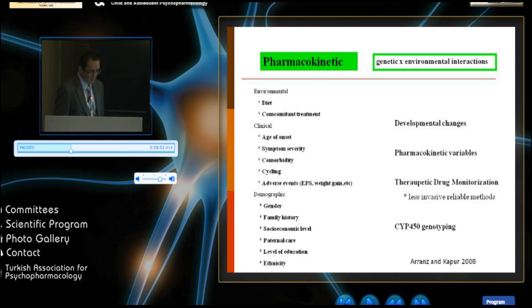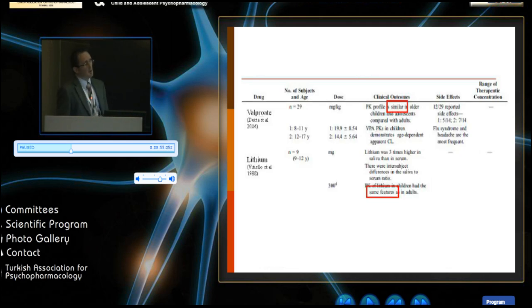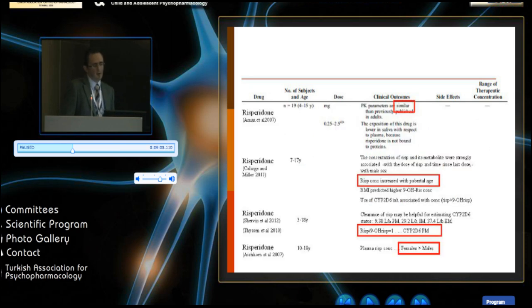So in pharmacokinetics, we look at the genetic and environmental interaction. So some information about pharmacokinetics should be updated. When we update those, we see that there are certain differences between adolescents and children. Lithium has similar characteristics. Risperidone, when we look at risperidone, we see that risperidone's